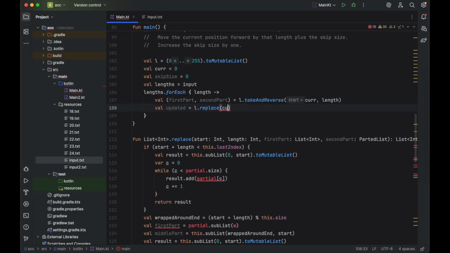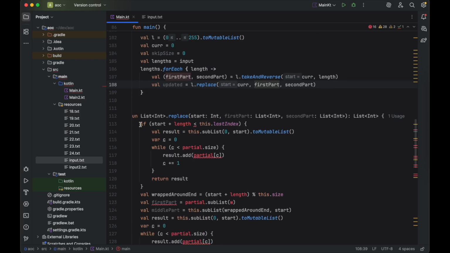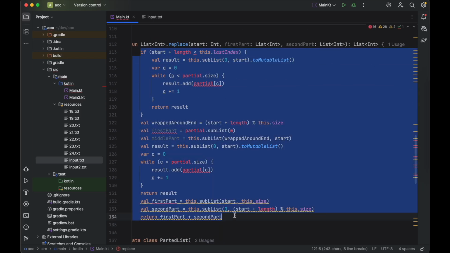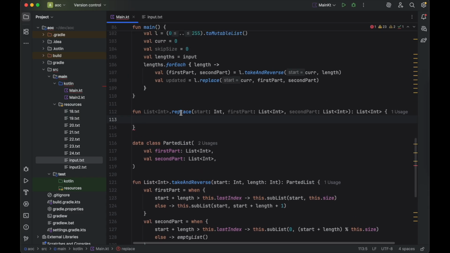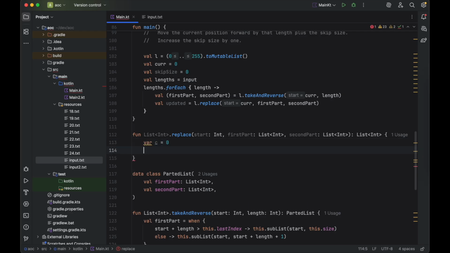Then we do the same again. Cur length. Second part. Don't think we need length. And then we just, okay, let's just delete all of this. We want to, while C smaller than